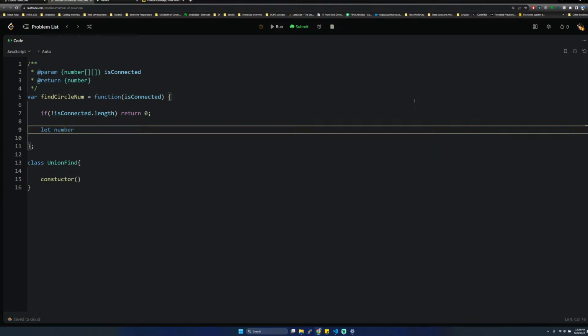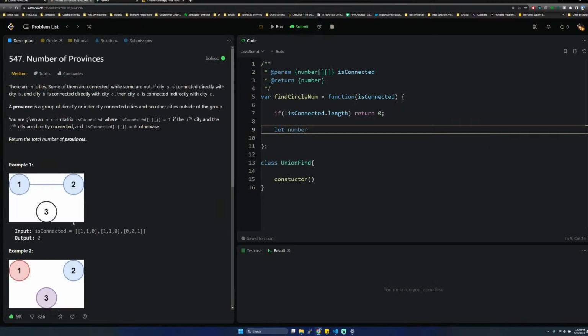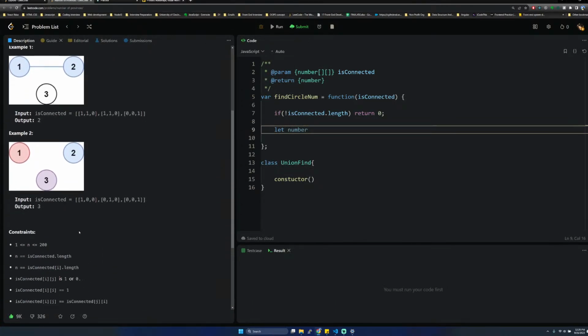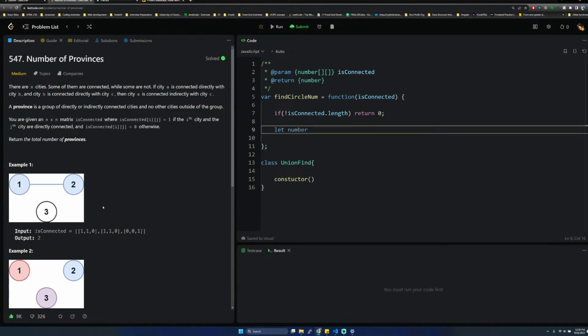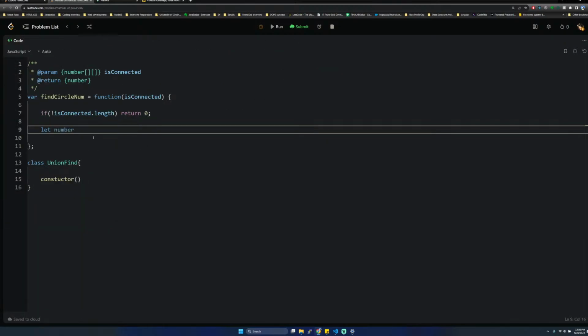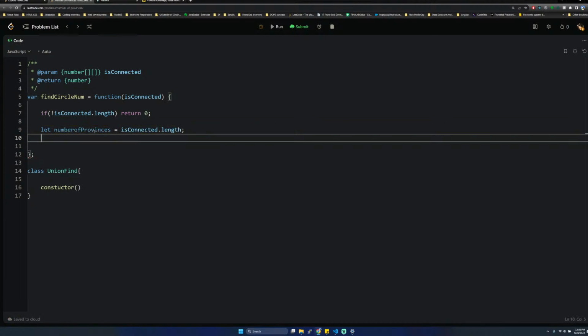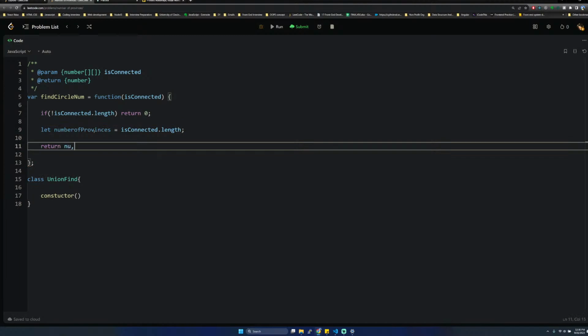I have one doubt: the number of rows and columns can be different? No, they're all the same. So n will be the same, it is an n into n matrix. Yeah, n into n. So number of provinces is equal to isConnected.length. Okay, so we'll be returning the number